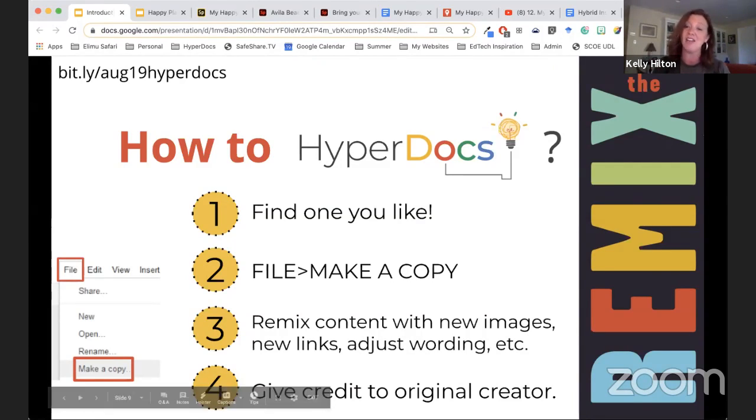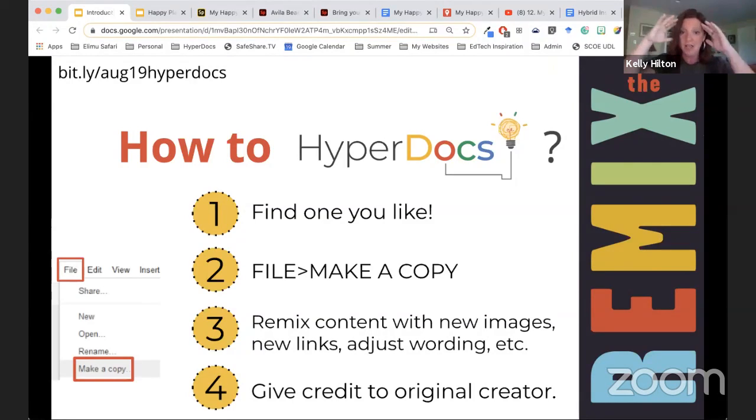So maybe having a blank canvas on a doc or a slide is not intimidating for you. And you could just start imagining and building your HyperDoc from scratch. And one way of doing that is just thinking about that pedagogy of explore, explain, apply, and building it that way. Another way to do this, just to save time, to get started, since we're all just getting going,